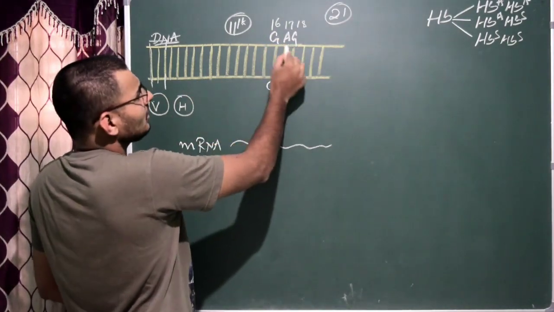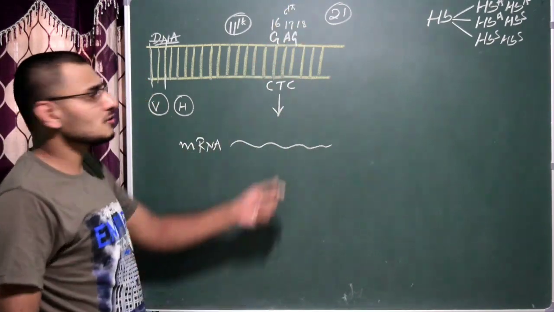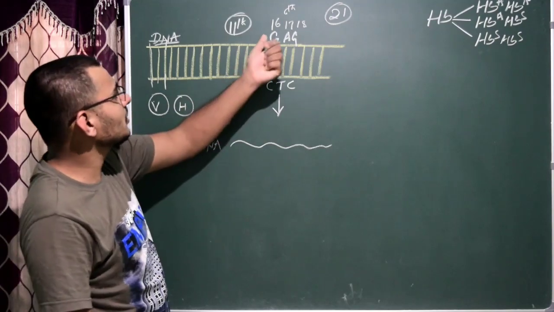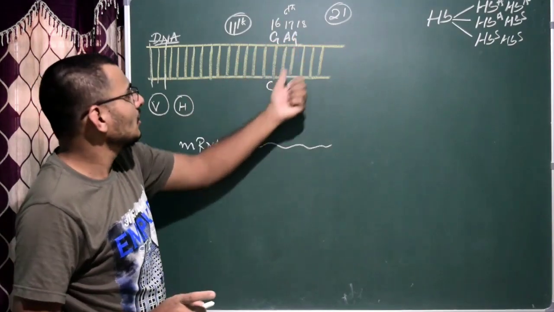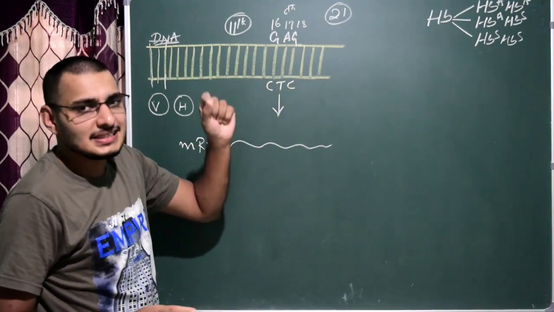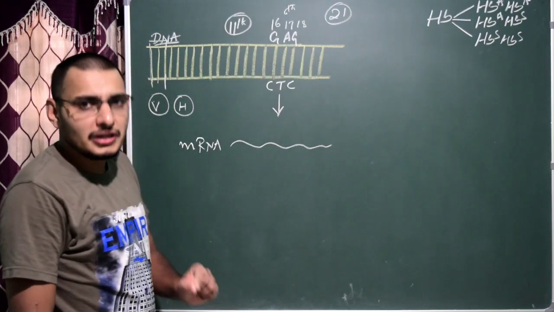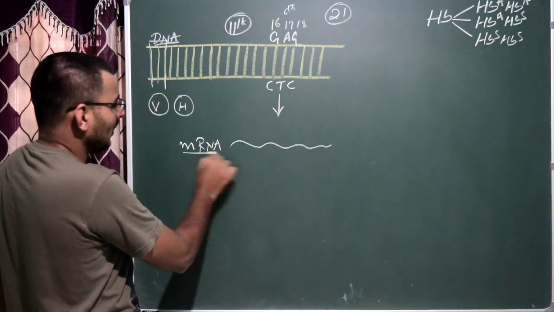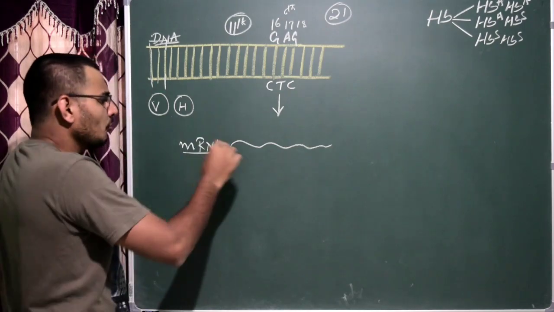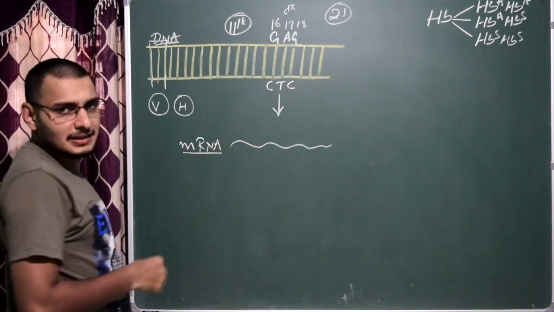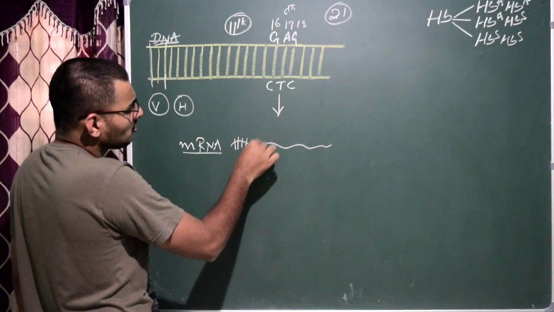Come to this one, this is actually the sixth one. So here the sixth amino acid is produced from a particular nitrogenous base pair sequence, GAG. This is in a normal person. And obviously we know CTC is the complementary base pair. Now GAG acts like a coding sequence and it produces one mRNA. mRNA means messenger ribonucleic acid, which is single stranded, not like DNA. DNA is double stranded.